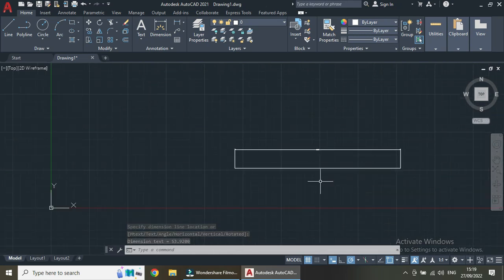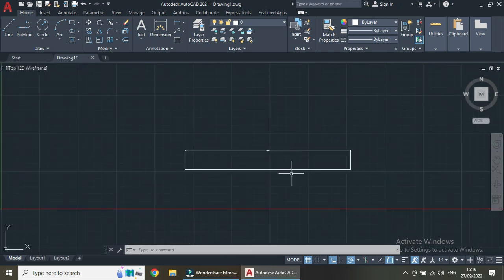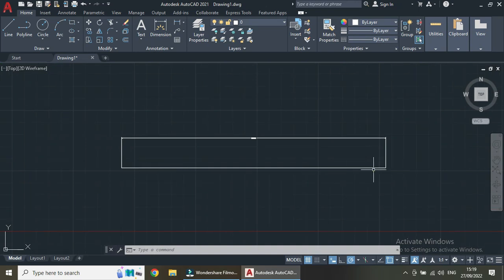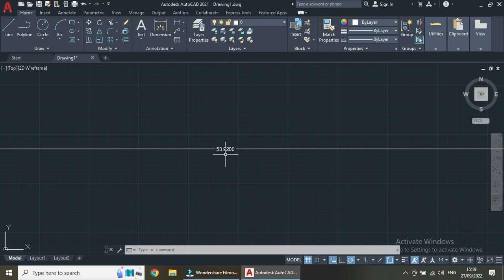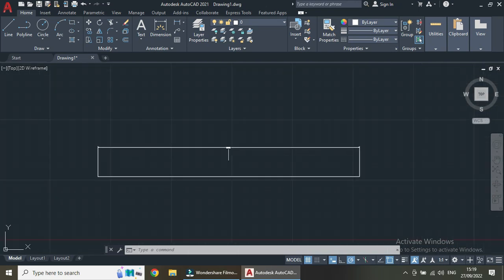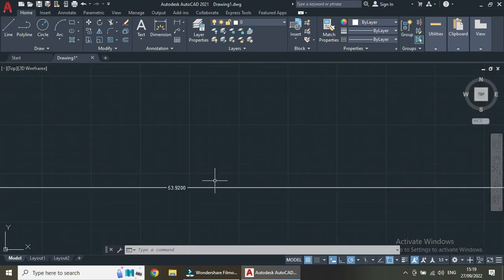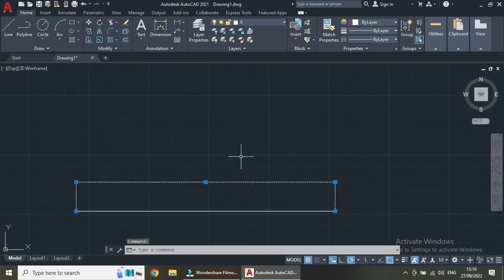So we have only changed the length units. We haven't changed any dimension units. So for this we will be going to